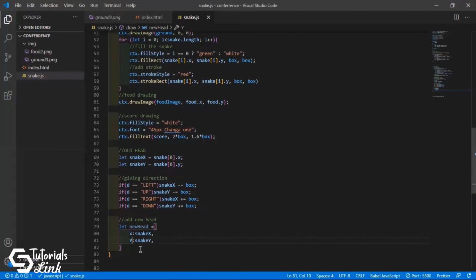Fine. And so the next thing will be, we have to check whether the snake is eating or not. If the snake is going somewhere else and we are making it pop or not, we have to check everything for that.